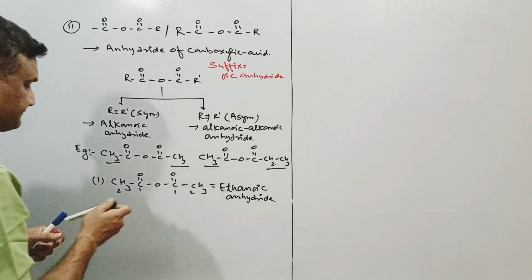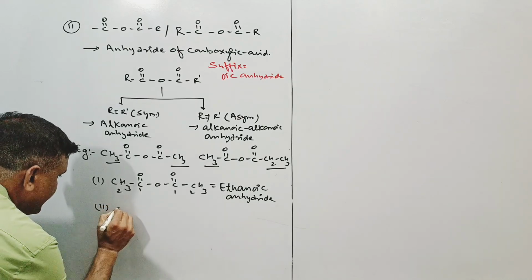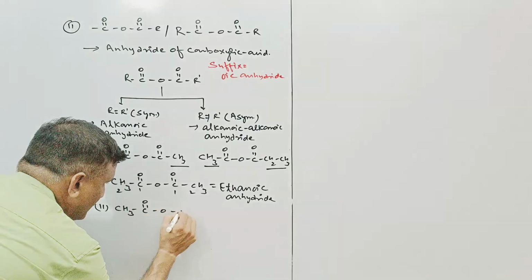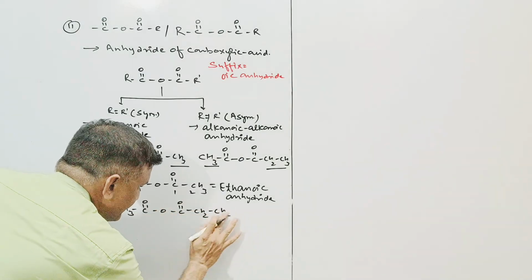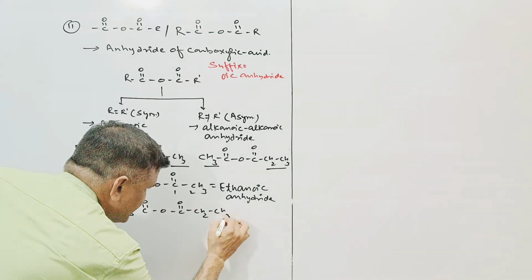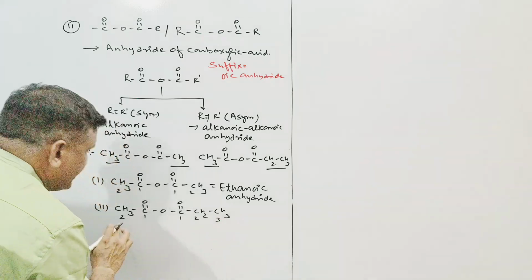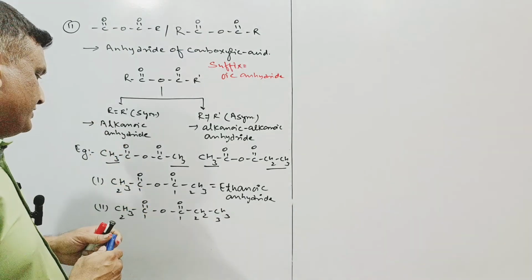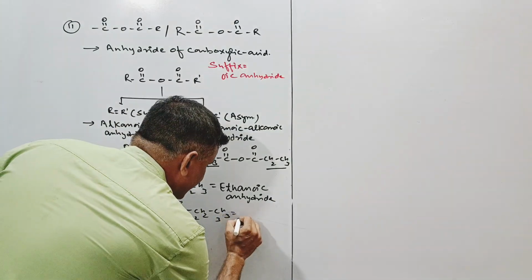Second compound, we can take an asymmetrical one. This is CH3, CO, O, CO, CH2, CH3. This is CH2, CH3. There are two carbons and three carbons. Regarding two carbon atoms, it will be ethanoic. For three carbon atoms, it will be propanoic. So the name of the anhydride will be